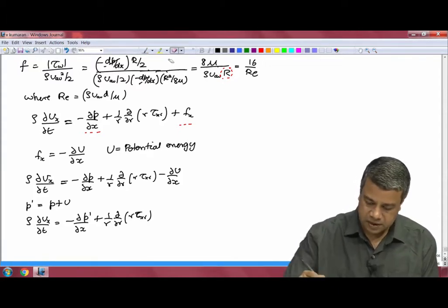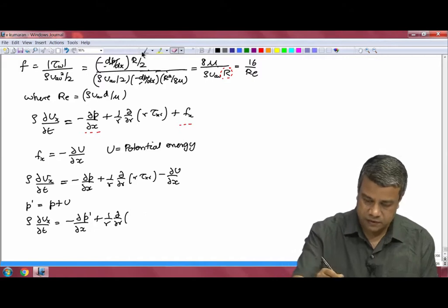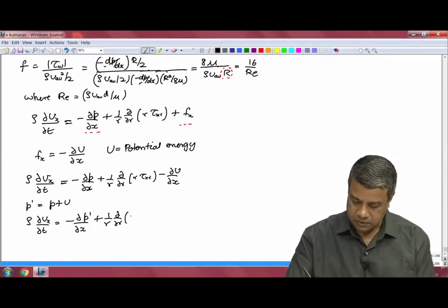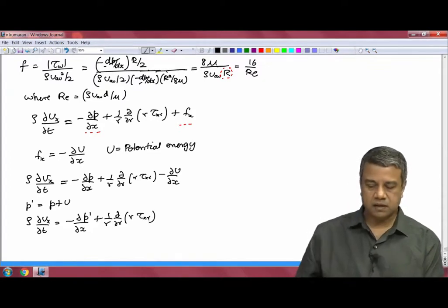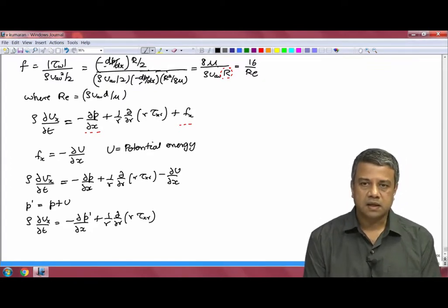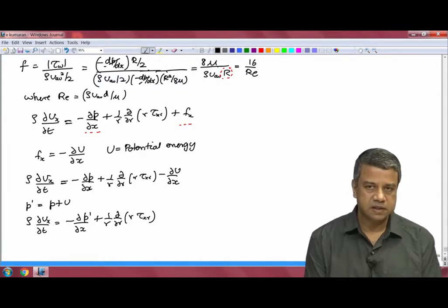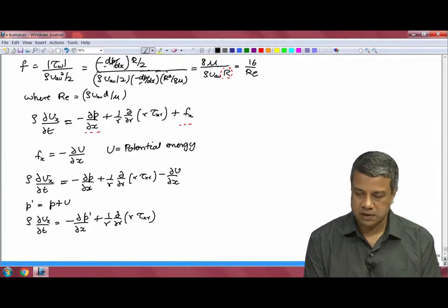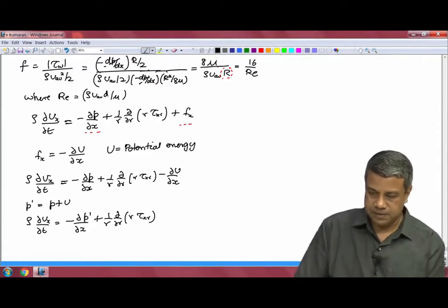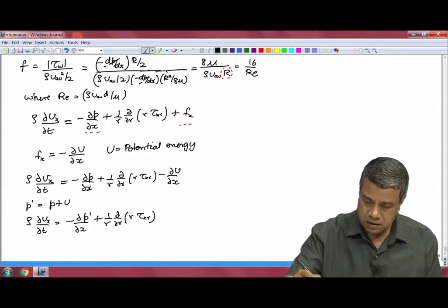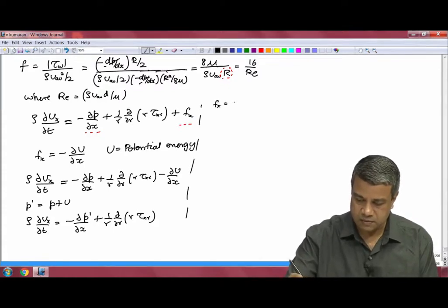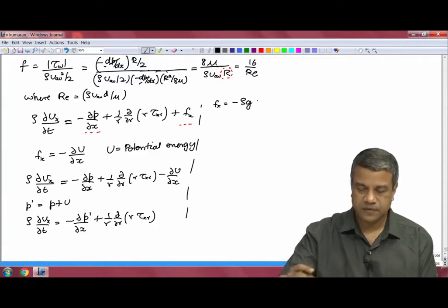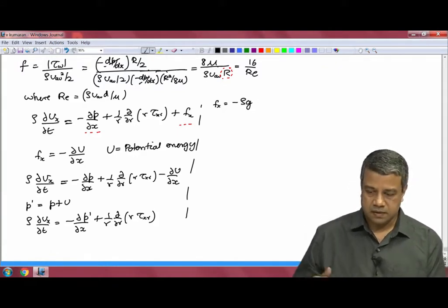Having an additional body force which is conservative, which can be expressed as the gradient of an energy, that force can be combined into the definition of the pressure itself. So, for example, if my force F x is equal to minus rho g,